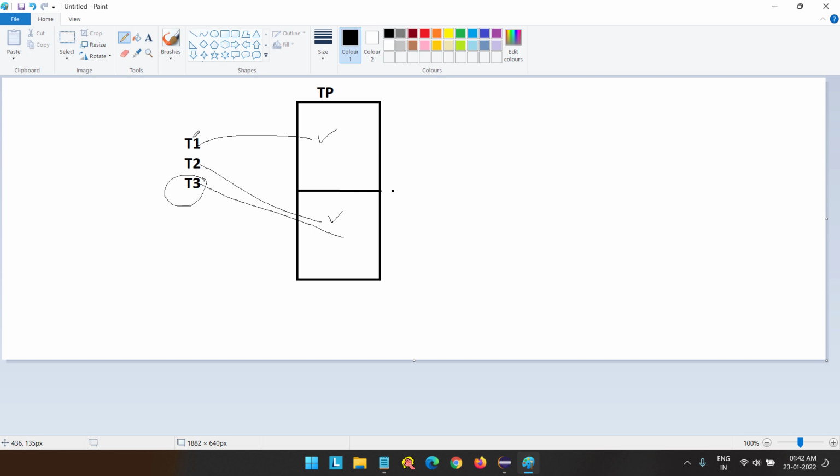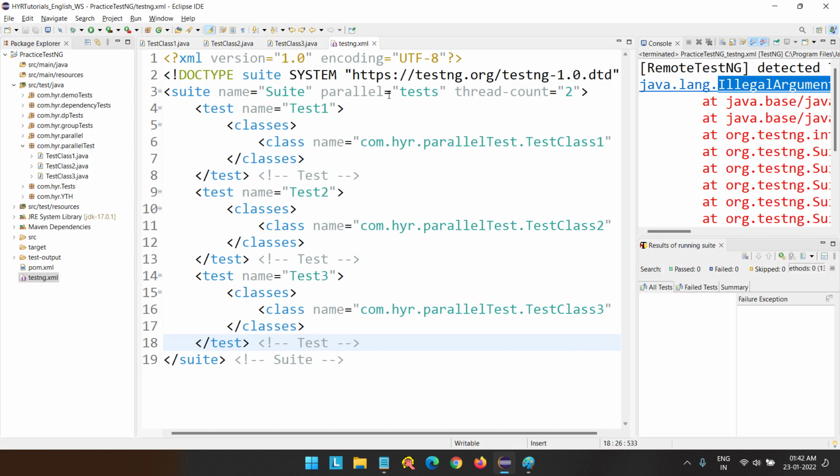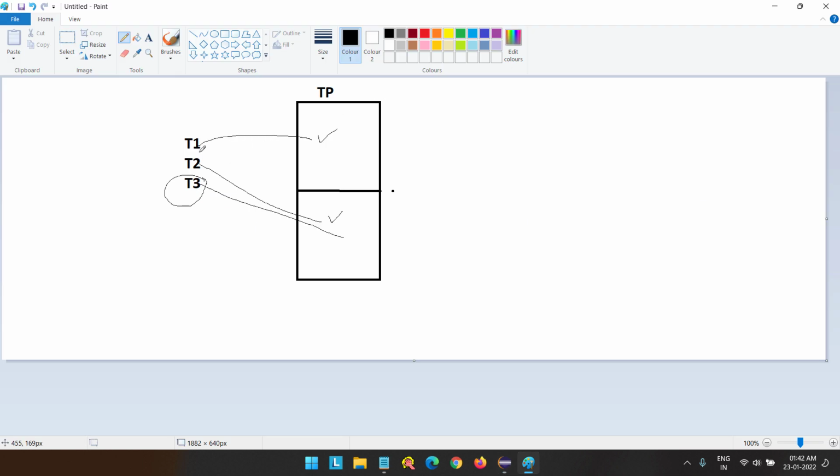But at the same time, at any given point of time, only 2 tests can run in parallel. When you mention parallel equal test, that means you are asking TestNG to execute the tests in parallel. That means all the classes and methods present inside this test will be triggered into the